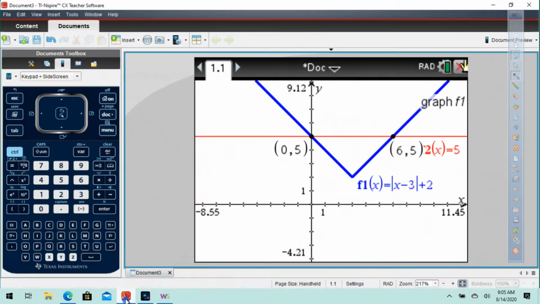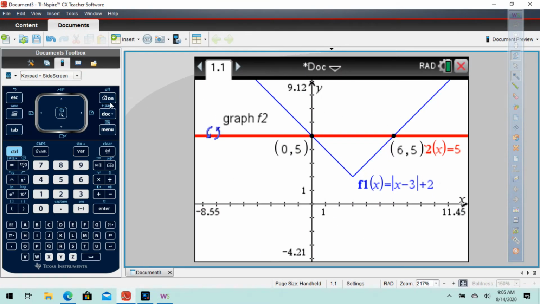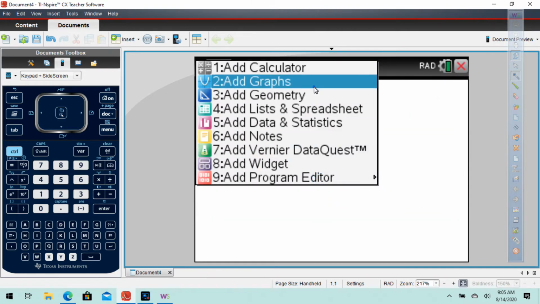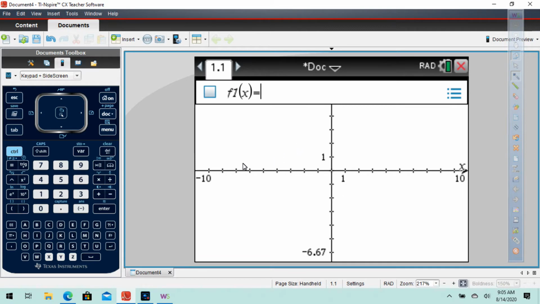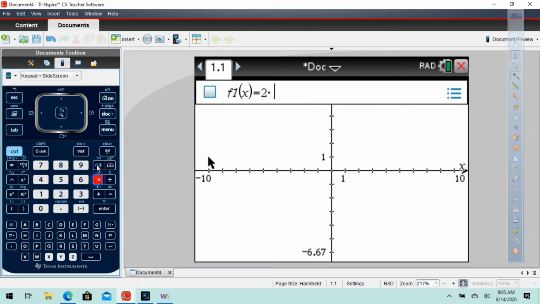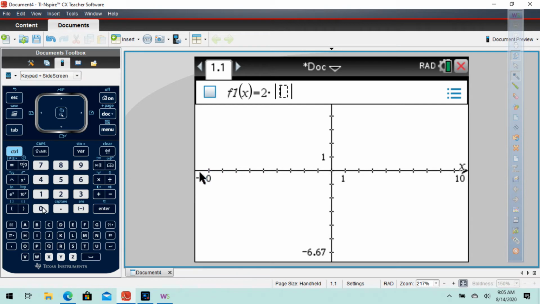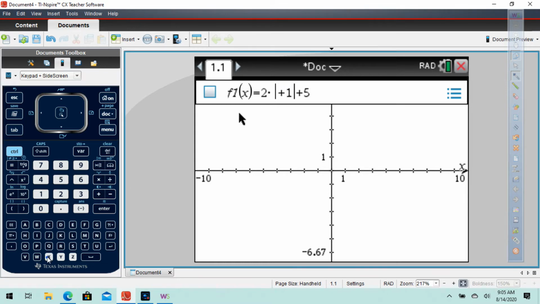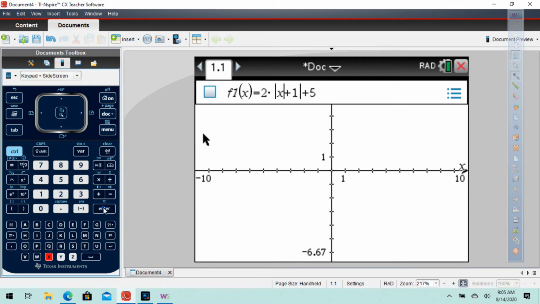And you can go in here in the calculator. We'll do the same thing again. On new document, we always want to clear it out so we don't have a bunch of stuff in there. And we got 2 times the absolute value of x plus 1, and then plus 5. Oops, I had to go outside the fence there. Plus 5. And I didn't put an x in there, I thought I did. X plus 1, there we go. Press enter, and